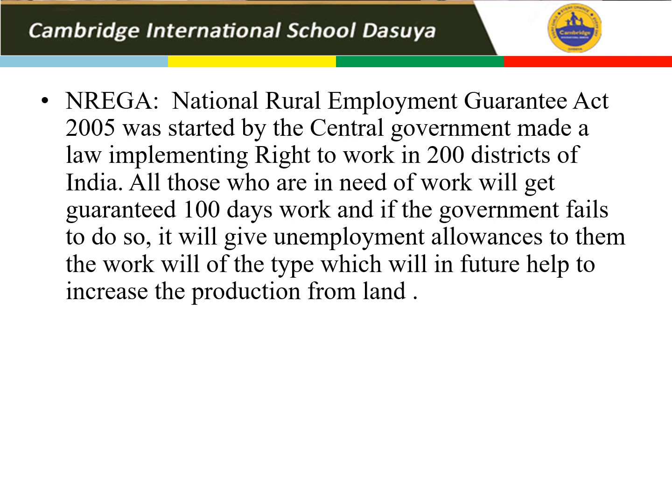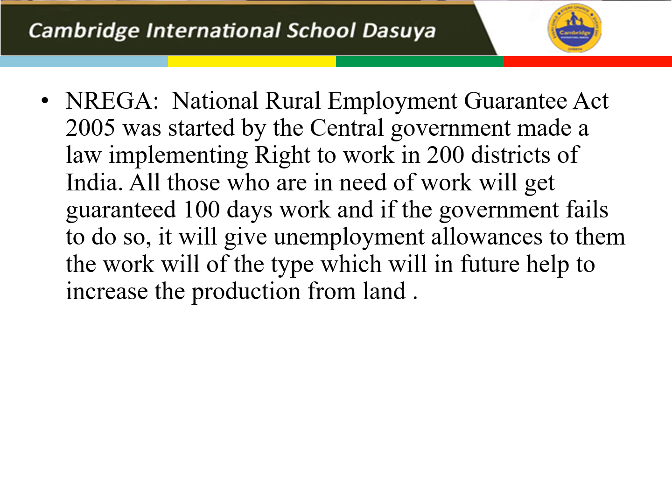So that is MGNREGA. The term MG is used because it was launched by Mahatma Gandhi. At one time it was also known as the Mahatma Gandhi National Rural Employment Guarantee Act. Usually in our book, they use the term NREGA, that is National Rural Employment Guarantee Act. It was launched in 2005 by the central government.